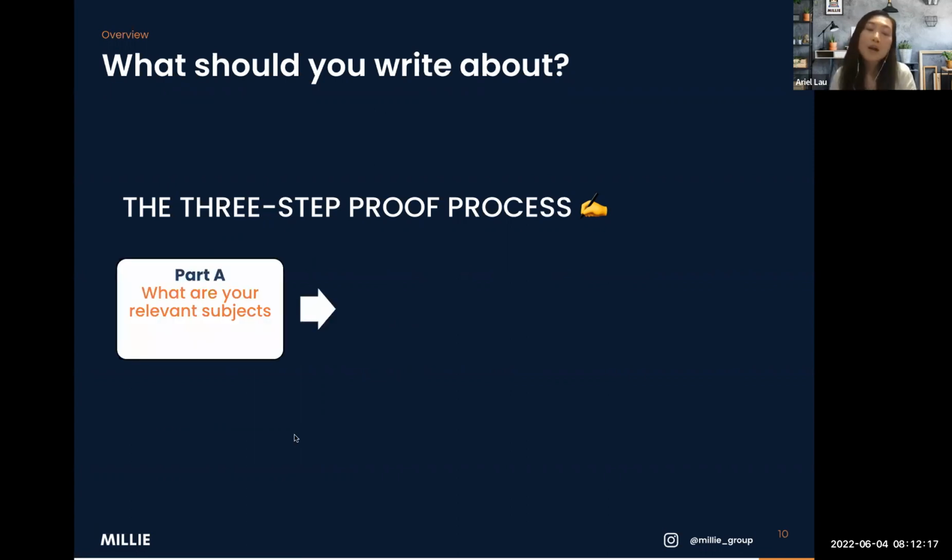So the first part would be to identify the relevant subjects in your particular area of interest. Think about it. Say you're interested in engineering, right? There's no such subject in high school called engineering. So how do you show that you can actually be a good engineering major? What are some of the relevant subjects you think would be related to engineering? Can I see some of the answers? You can use the chat room to type in your answer if you would like. For engineering, what are some of the relevant subjects in high school that you can take?